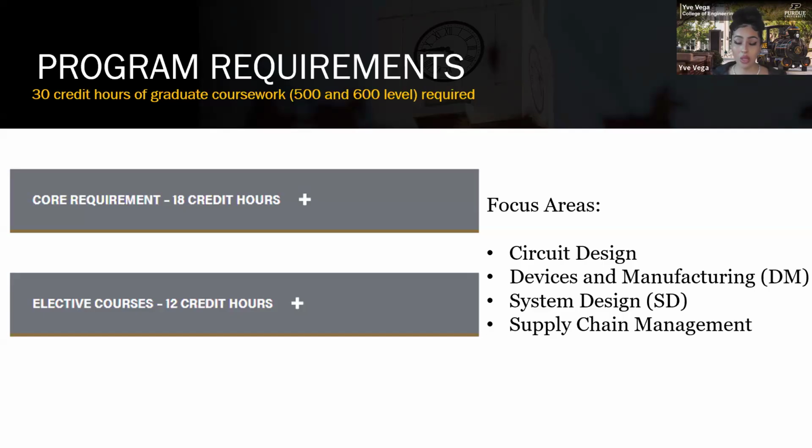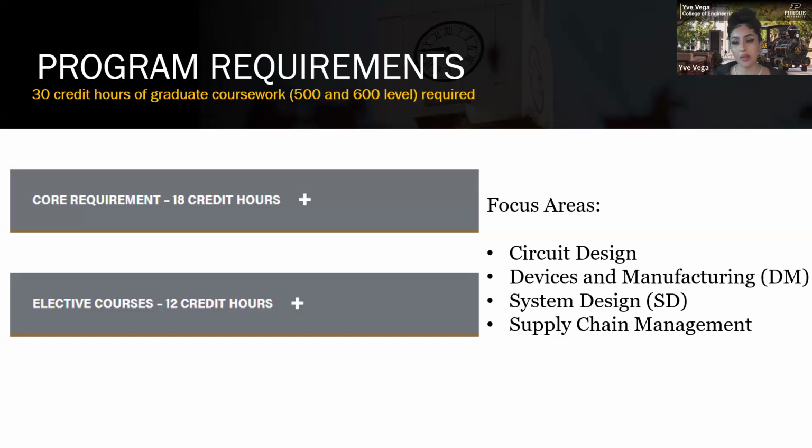Now, those electives are one of my personal favorite parts of our curriculum. With those electives, you can take courses within any course that we offer online through the College of Engineering. We currently offer over 200 different courses for you to select from, so you do have quite a variety. And those courses allow you to take an interdisciplinary approach to those electives. So depending on what your academic goals are or professional goals are, some courses from some colleges may work best to enhance your degree with microelectronics and semiconductors.